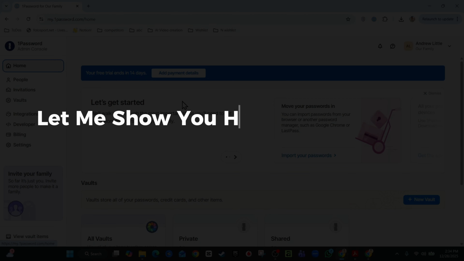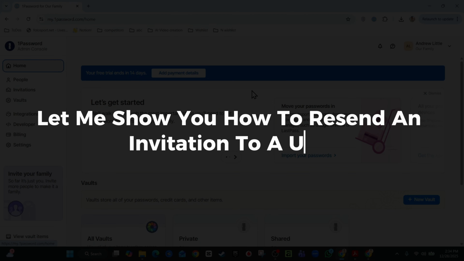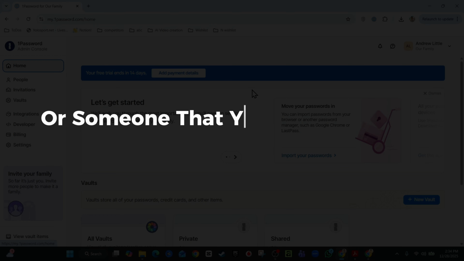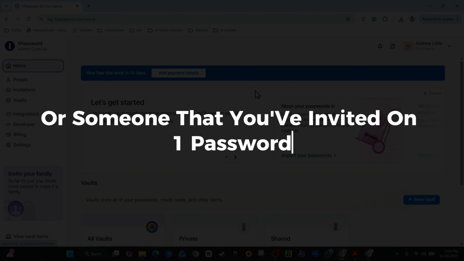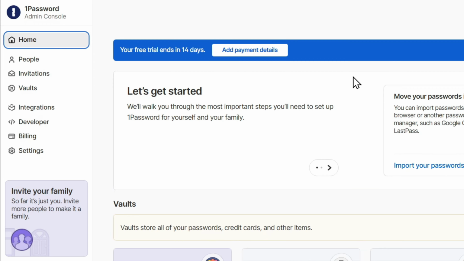Let me show you how to resend an invitation to a user or someone that you've invited on 1Password. If you send an invitation and the person didn't get it or it expired or whatever the case may be, and you want to resend an invitation, you can quickly do that by finding the people or finding the invitations